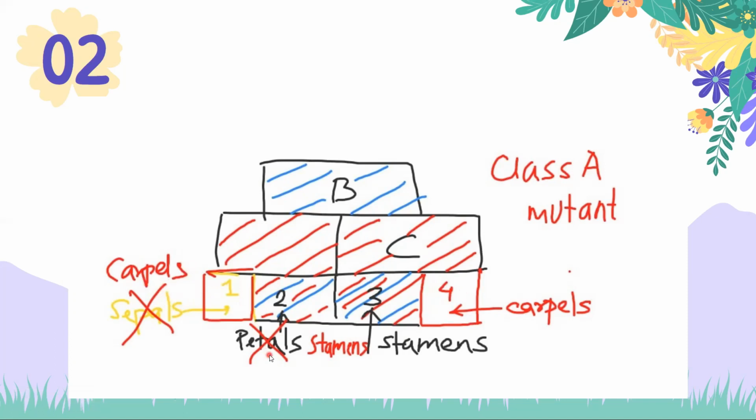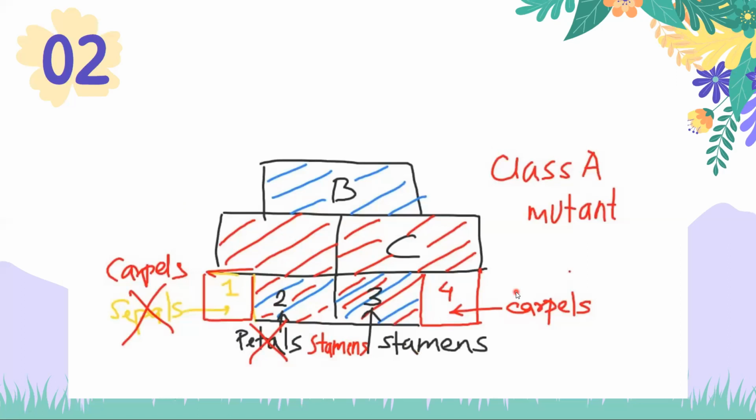For our petals, you required class A genes as well as B. Now, since there's no A, what we have is C and we have B. So doesn't it just look like the adjacent box? Yes. So this, instead of forming petals, would now have stamens. So in a class A mutant, instead of having sepals, petals, stamens and carpels, all you have is carpels, stamens, stamens and carpels. This is the order.